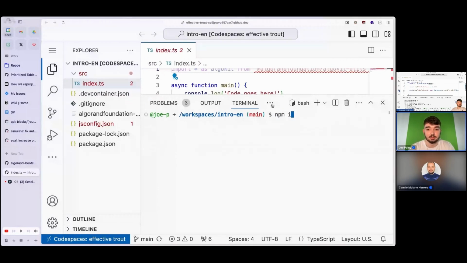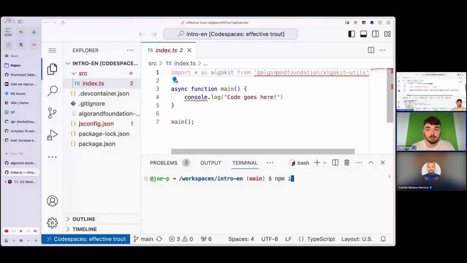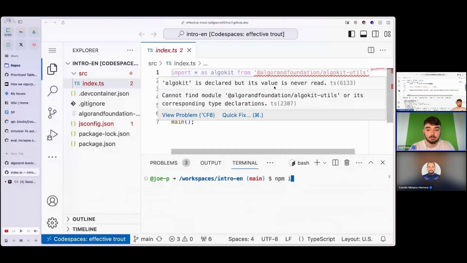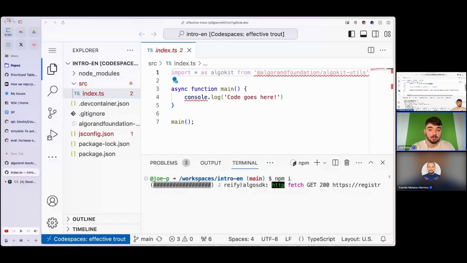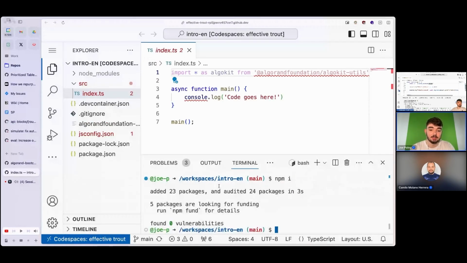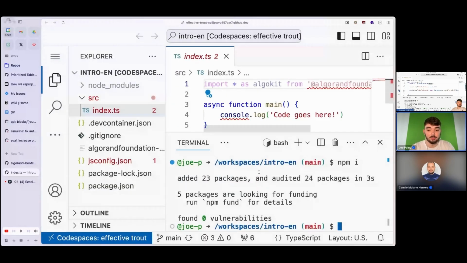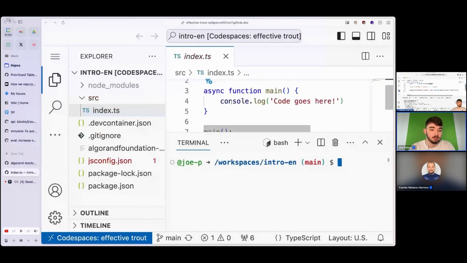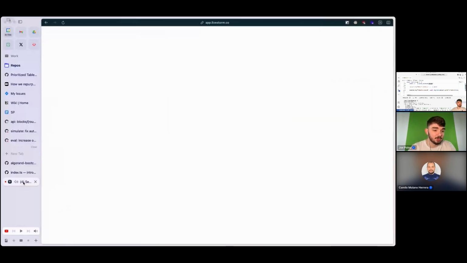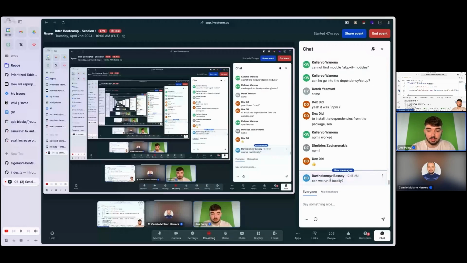So you can see here that VS Code is giving me an error. So I want to make sure that I do an npm i to install all of my dependencies. And that will ensure that we have our dependencies installed and we can go ahead and get started. So I'll put that command in the chat. npm i.